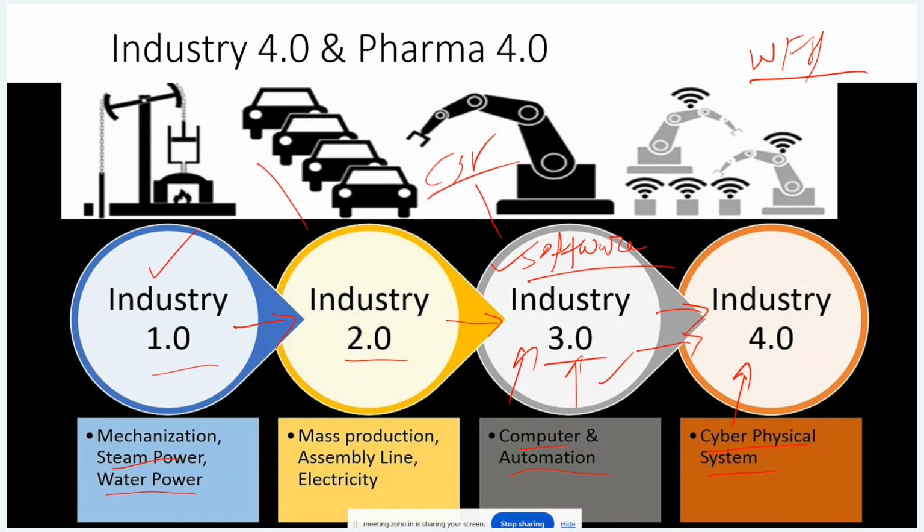That is the Industry 4.0 concept only. But the IT industry has adopted it. The pharma industry or regulatory industry is still confused about how to utilize these new technologies in my industry, so that I have mass production, so that I increase the performance of my systems. I can have more production, correct? Efficient production.